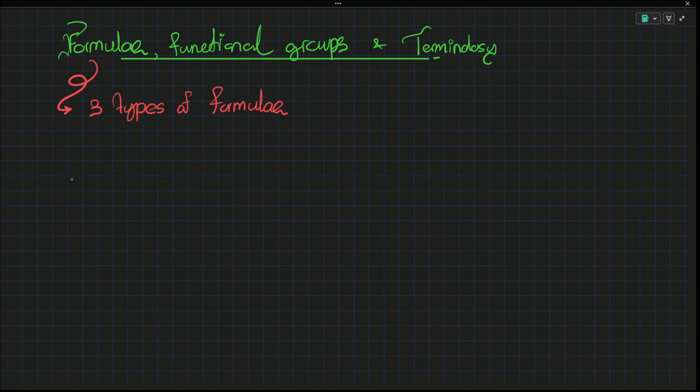So all of this that I am about to explain in this particular session would be the basics of organic chemistry. Without catching on to these basics, it's going to be very hard to hold on to alkanes, alkenes, alcohols, carboxylic acids, and esters, and all that stuff. So make sure you practice, make sure you go through all of this. Right, so the first type of formula that you should know is something known as a general formula. What do you call that? This is known as a general formula. General formulas typically look something like this.